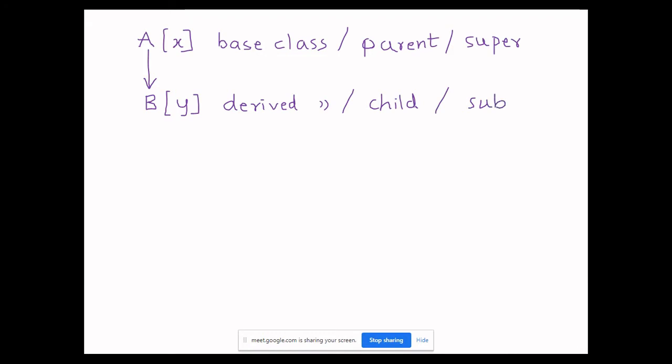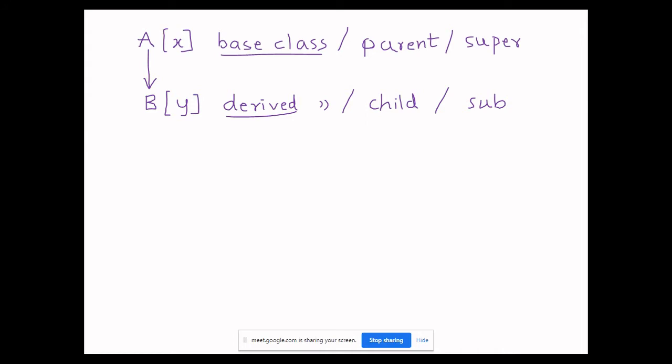So 3 sets of terminologies, but we will stick to one to maintain the uniformity. We will use base and derived class. Okay, the first set. However, in your aptitude test, when you face interviews in future, next year, remember you can also use these terms interchangeably. If there is a question that mentions parent class or superclass, know that the question is referring to base class. Do not get confused with the change in the terminology.